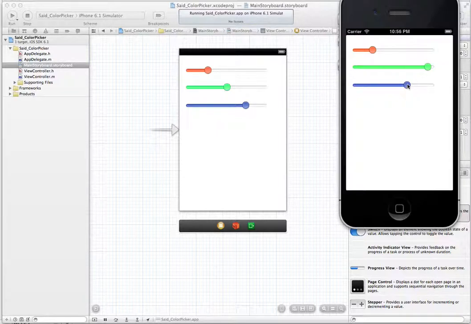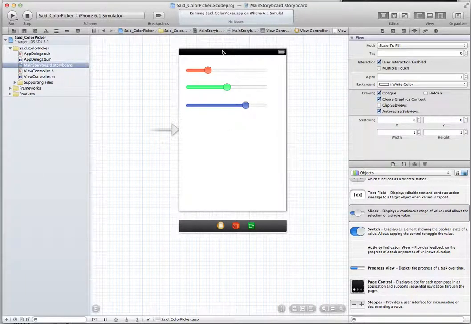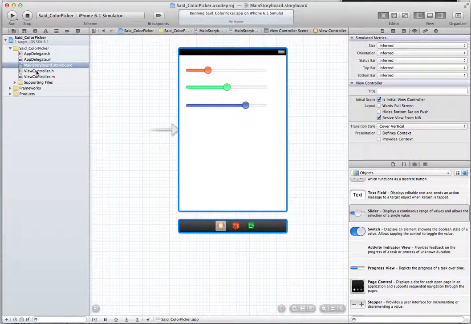So go back to the reading. We are generating an event on the app by moving this slider and changing the value of the slider. So an event is generated, identifying that the user has changed the value of the slider, that is blue. The event is communicated to the operating system. The operating system captures it, notifies the app. The operating system recognizes that this is done on this view or this screen. So it knows that this class or this file, the view controller .h and .m, is the controller of this screen,